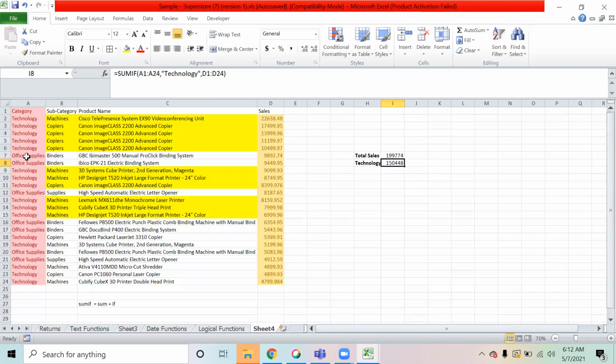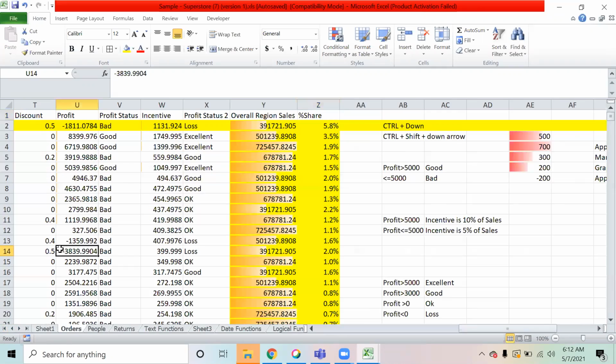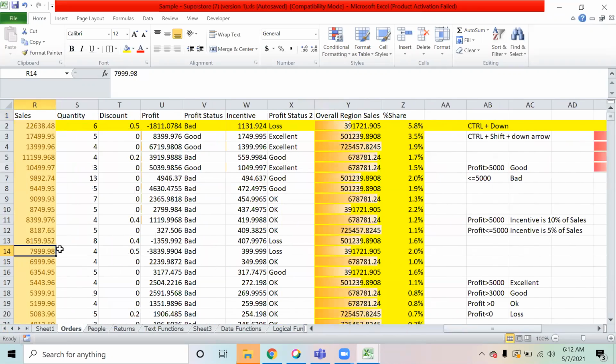For example, this was the data that we had created. Let me pick up the region also.